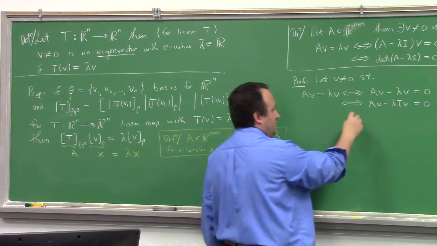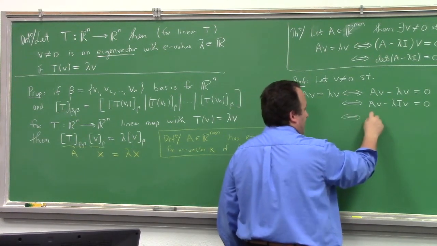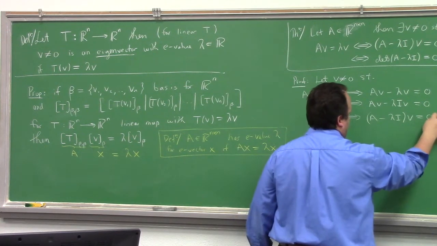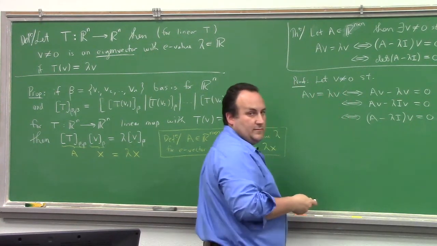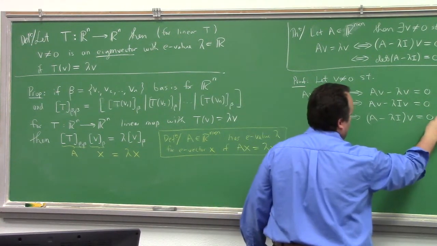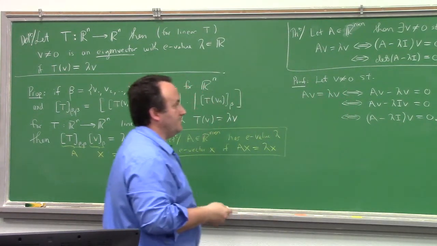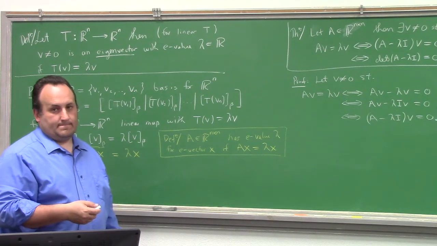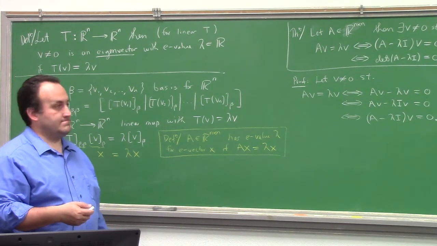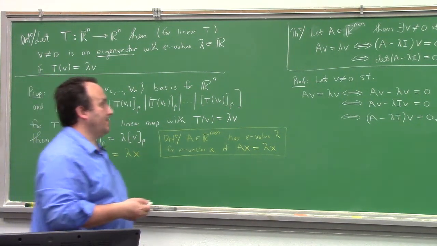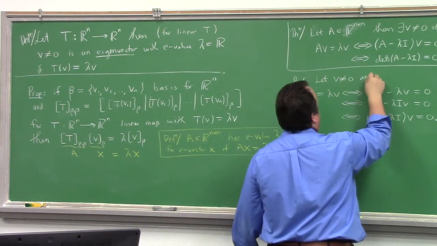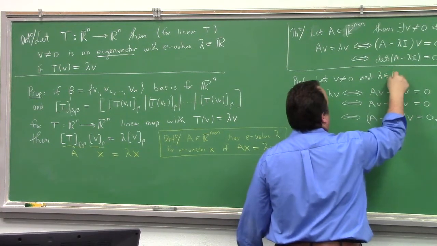And then you can factor the V out. Agree? So that's half the theorem, right? Let v be not equal to 0, and lambda a real number, such that,